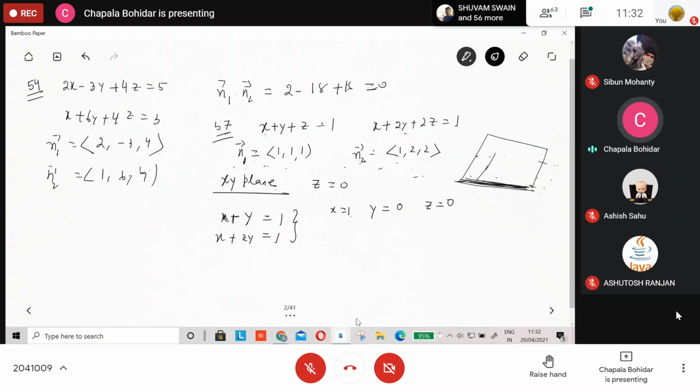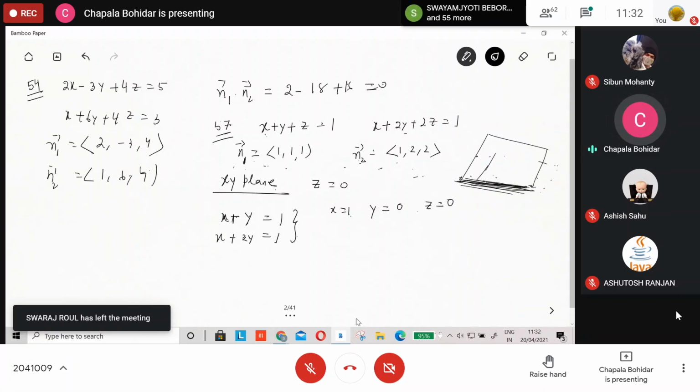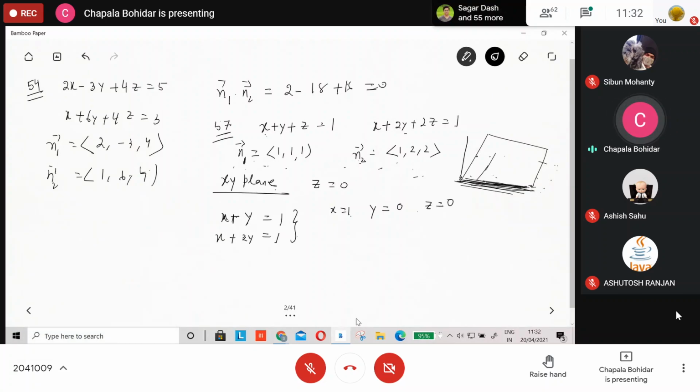Here it is one plane, and they intersect at this line. Here is the normal to this plane, and here we also have the normal to the other plane. Imagine yourself, you can see in your book, the two planes intersecting like this, and the normals as well. So this line is perpendicular to these two normals, and this line is our required line.